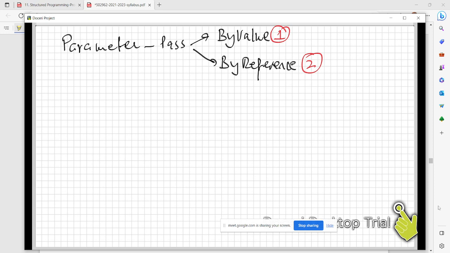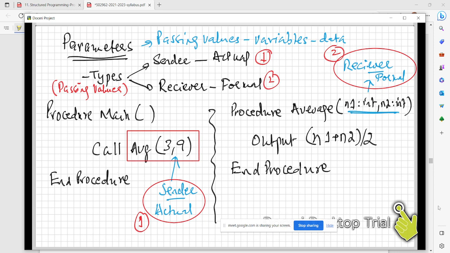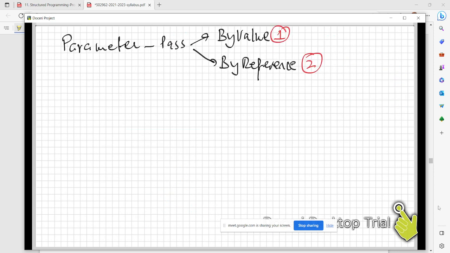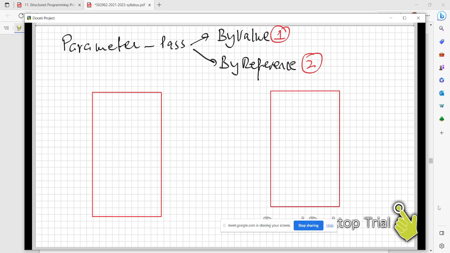Now, for example, the values we have just seen, I'll give you an example. I will explain it further. We have the main, this is the main function, okay, and this is the average, okay. All right, like here we take value a is equal to 4, b is equal to 5, and here we call